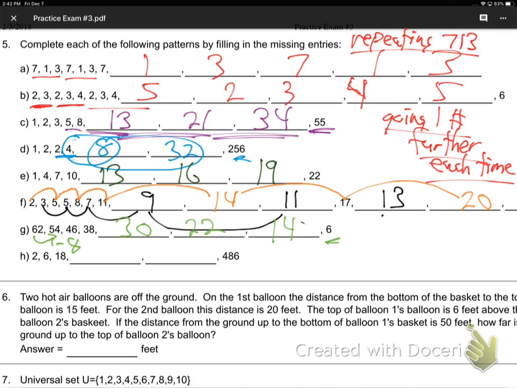Last one. What's happening in 2, 6, 18? Times 3. So this would be 30, 54, 150, 162, and 486. Well,